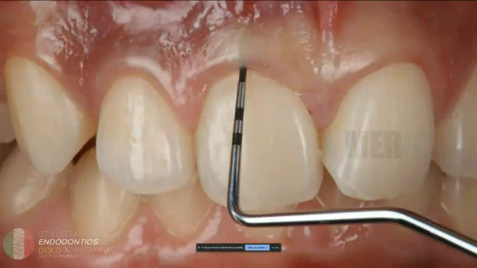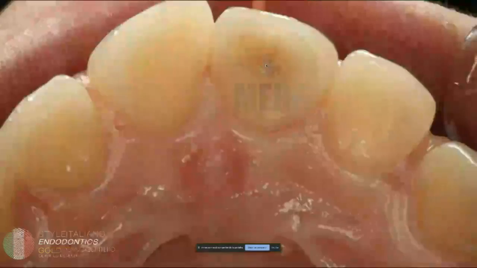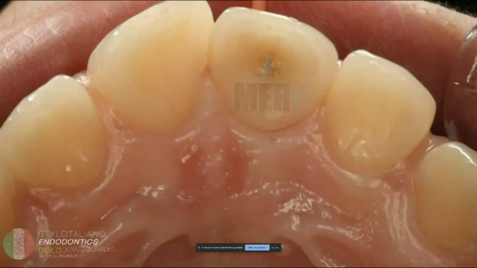Okay, you can see, of course, we always have to do probing just to make sure how much deeper and see how much bone loss there is. So if you see the palatal view, you can see on the palatal view also how this kid can